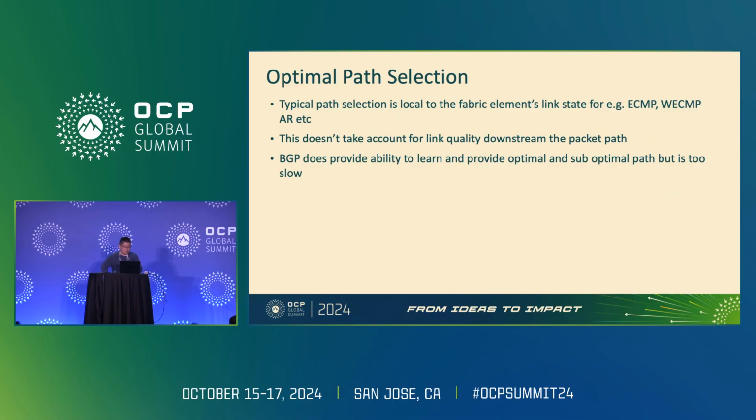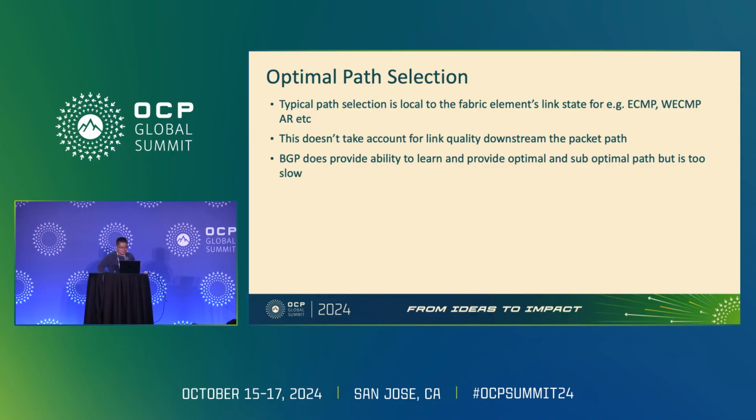In traditional path selection, the next hop selection is mostly static, either based on the static hashing of ECMP or WECMP. The link state is mostly based on link up and down, with some bandwidth information in the weighted ECMP, so it doesn't cover the link quality. Most recently we have the ARS definition in the SAI spec, and it doesn't cover the remote link downstream